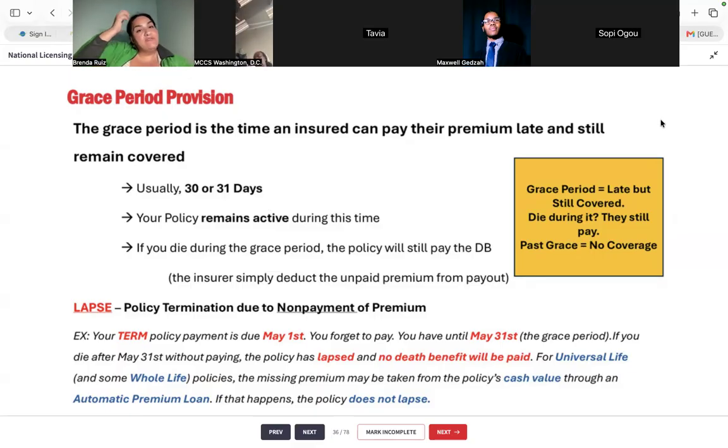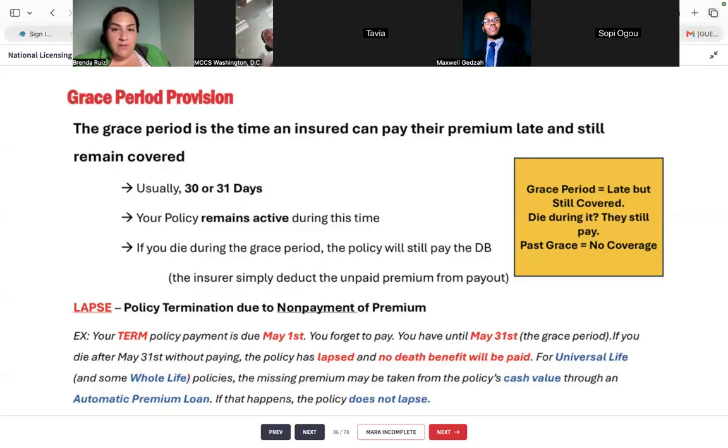His mom had had this policy for 27 years. Obviously not my client. I'm not even 27 years old, right? No, I'm kidding. But this lady had bought this policy literally 27 years prior. And she was going through some health issues, ended up in the hospital, was hospitalized for several weeks. She gets out of the hospital, and the first thing she does is she calls the insurance company. She's like, "Hey, I know I need to pay my policy. How much do I owe?" They said, "Hey, you actually need to pay it by this date. If you don't pay it by this date, you will no longer have coverage." She says, "Okay, no problem."